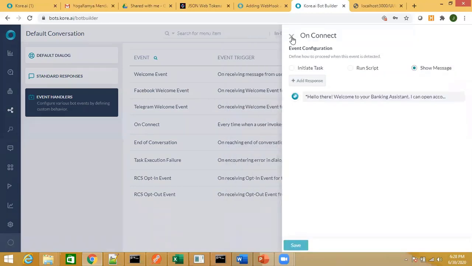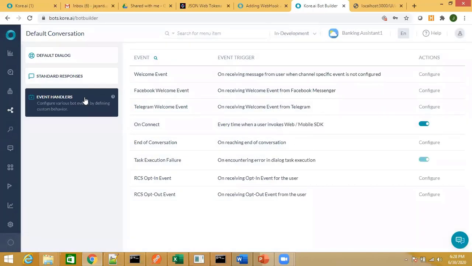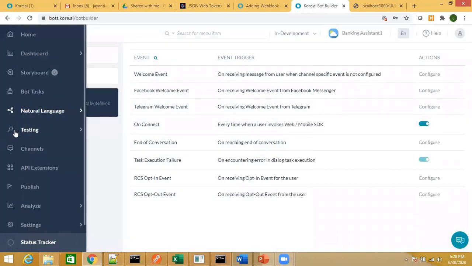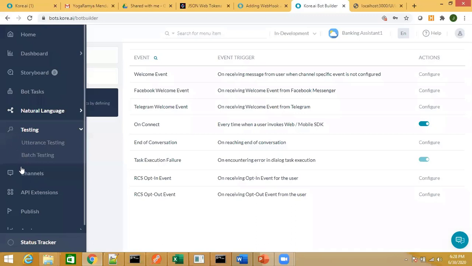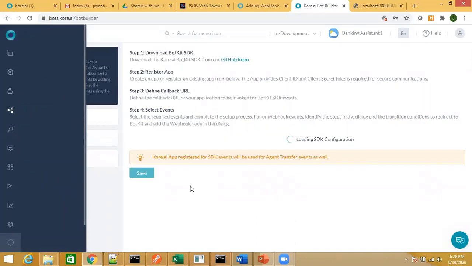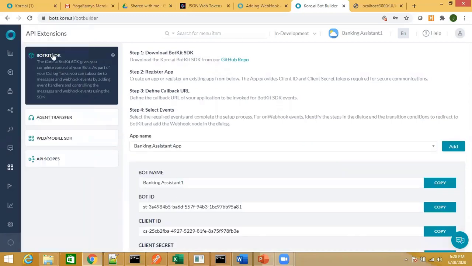So let's integrate the BotKit with this particular bot. To start off with the integration, the first step is to download the BotKit. Once you have downloaded, in the bot, come to API extensions, and within API extensions, you have this particular section, BotKit SDK.